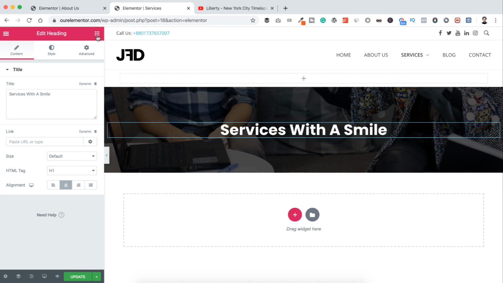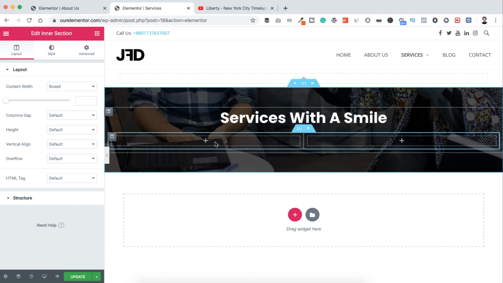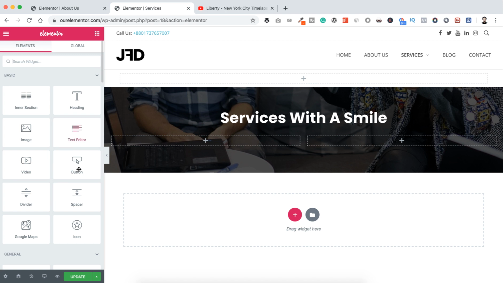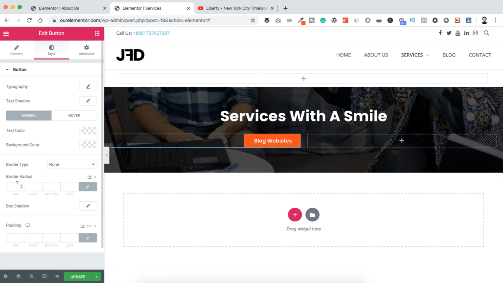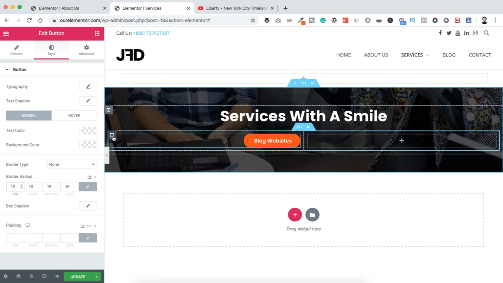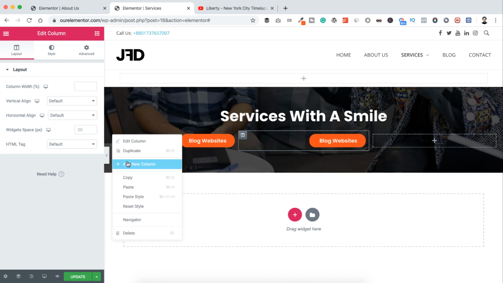So I'm going on elements, dragging an inner section. Now I want to have 3 buttons here for my 3 different services. So I'm going on elements. I'm dragging a button inside this column. This button should say blog websites, and I want it to align on right. And I want some border radius with it, so I'm going on styles, border radius like others, 18 pixel, and I want to duplicate this a couple more times. Right click here, duplicate this one, and click again, duplicate,